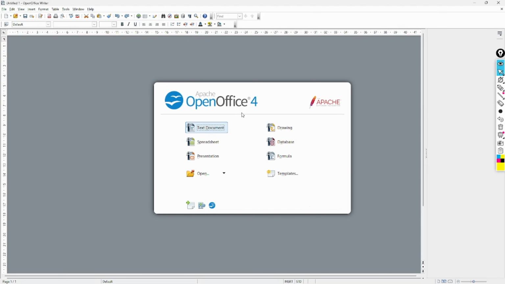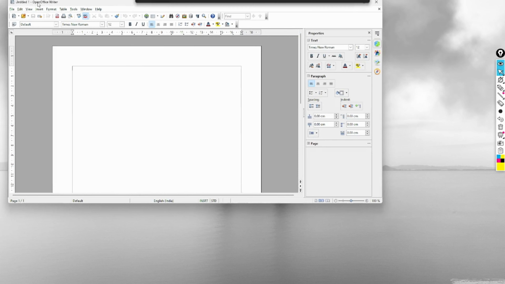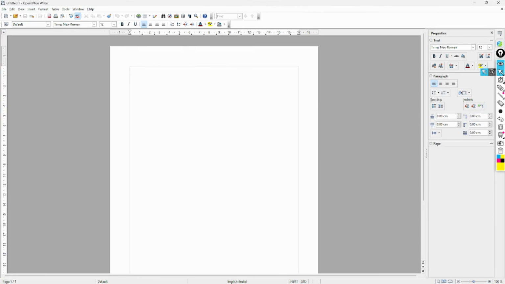Understood? This is the interface of our OpenOffice Writer. What was the name there? Text document, but here you can see the name is OpenOffice Writer. This is the name of our application.